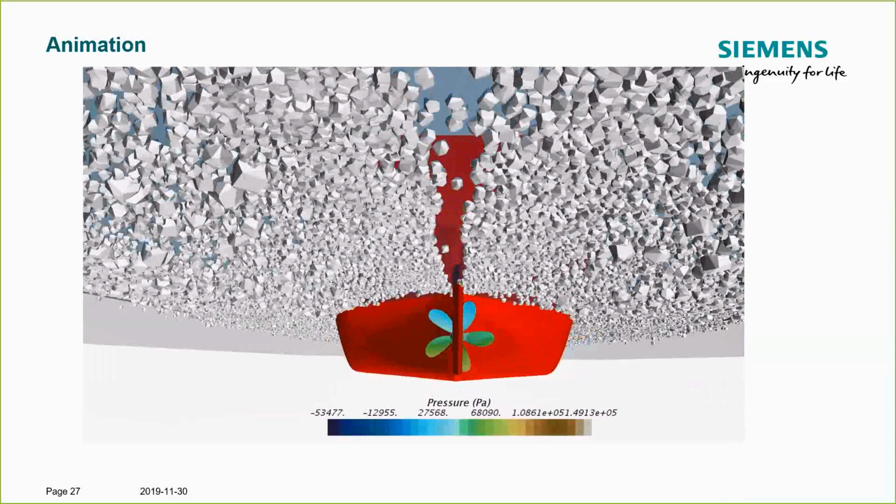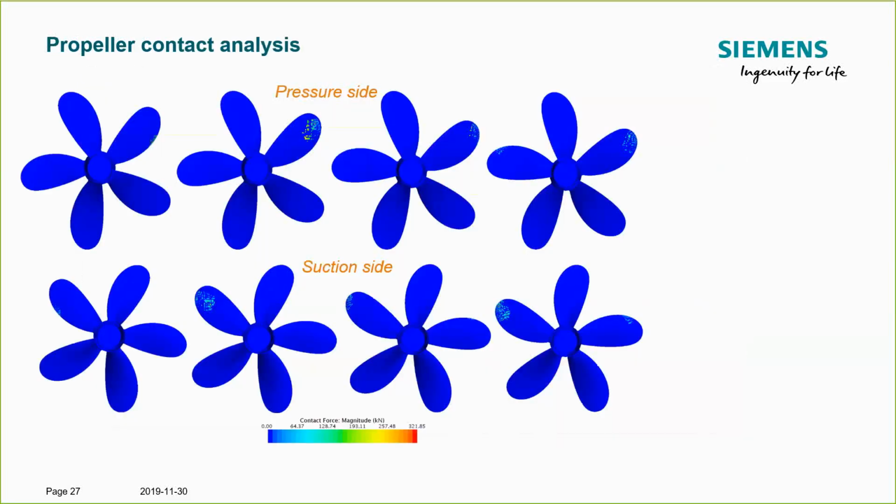also has an effect. So, bearing in mind the indicative evidence of the crossing of DM particles through the propeller plane, the next step was, from the simulation that you saw in the previous slide, to check where and if actually DM particles or ice particles have hit the propeller. So you can see here for a given series of an X curve from a rotation, you can see here the pressure side and the suction side of the propeller, and you can see that this propeller turning in the clockwise direction, we do have contact forces,